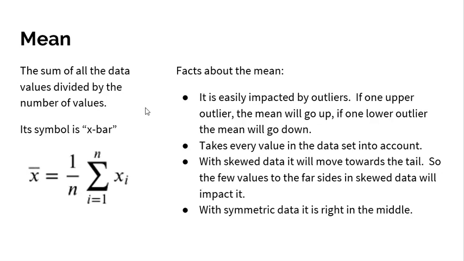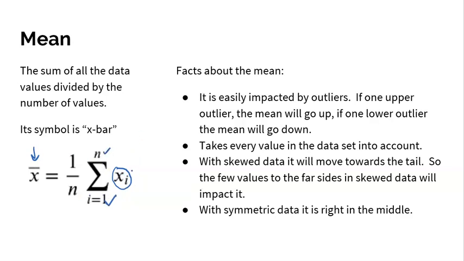All right, now the symbol we use is x bar. It is literally an x with a bar over top of it. There it is right there, and it's pronounced x bar. Now, this formula may really look foreign to you, but this is exactly what I said already. This giant looking E here stands for sigma, but anyway, that is the summation. So we're summing up all of our individual values. x sub i just stands for the individual values. So you're going to add all those individual values up all the way from the first value to the nth